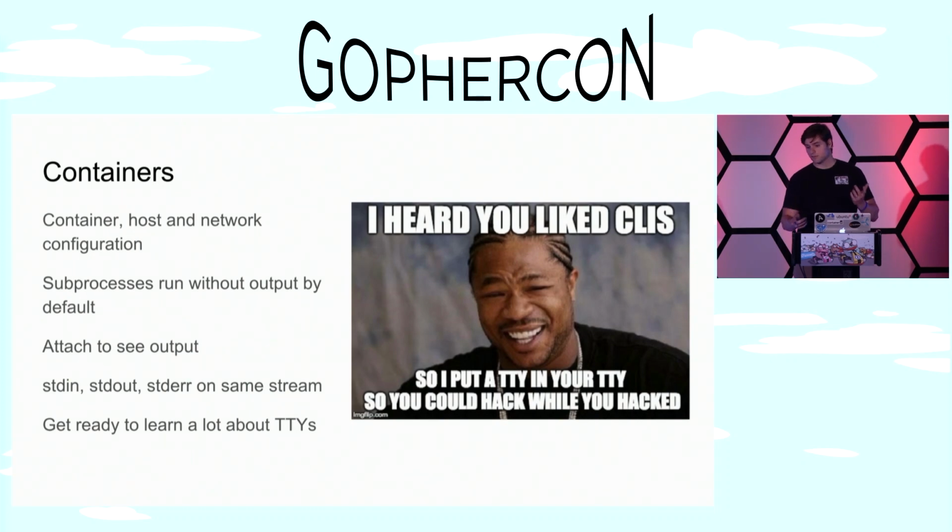Moving on to containers. Containers are actually really simple to set up. You just have to configure your container itself, configure parameters about the host that it's running on so it knows how to interact with the host, and some configuration for the network device. If you're on a Mac, the network configuration is pretty boring because you can't really do anything fancy with it. I think Docker for Mac supports only one type of configuration and you can't really change it; it doesn't work with bridge mode